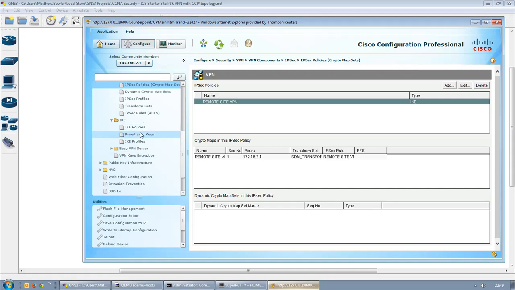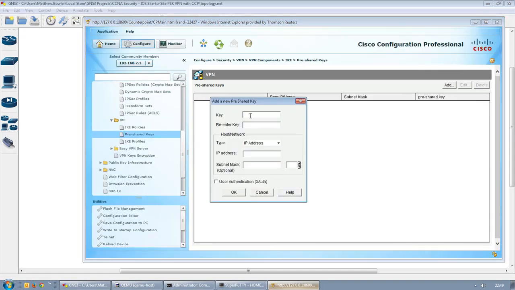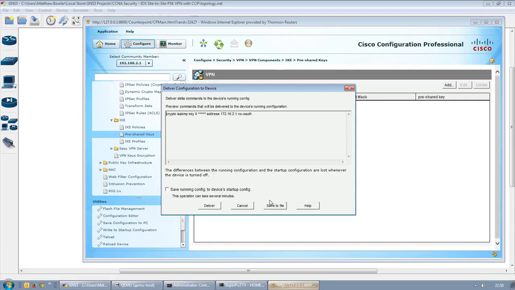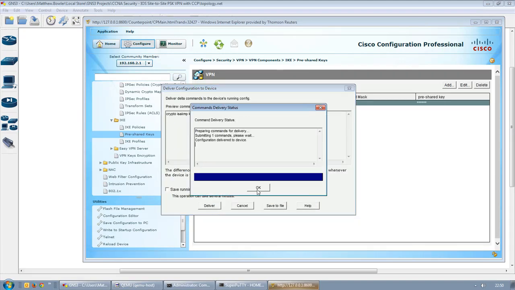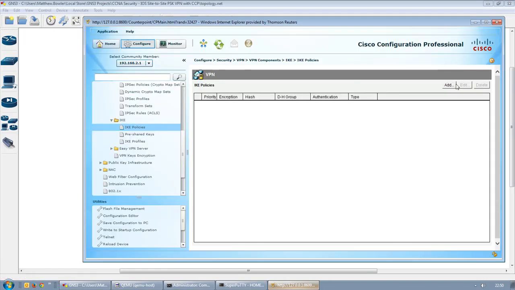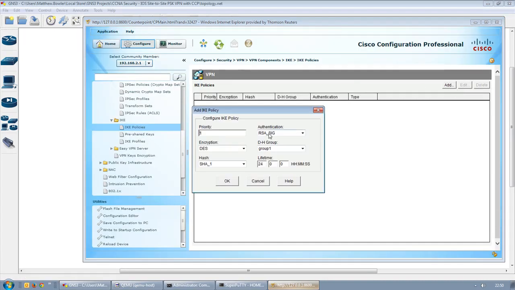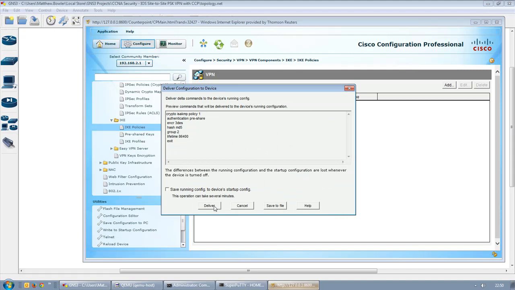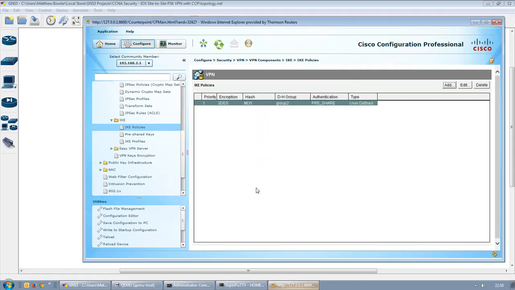And we'll jump down to the IKE section, create our pre-shared key, lab VPN, specify the address of the peer, confirm and deliver those commands, and then jump up to the IKE policy where we will change the encryption, hash, authentication, and Diffie-Hellman groups to match what we had configured on the home router. After we deliver those commands,